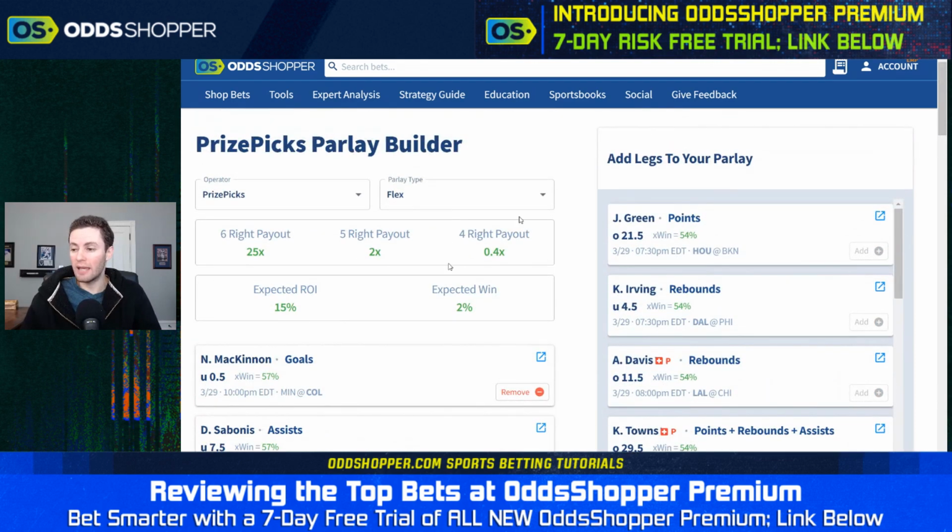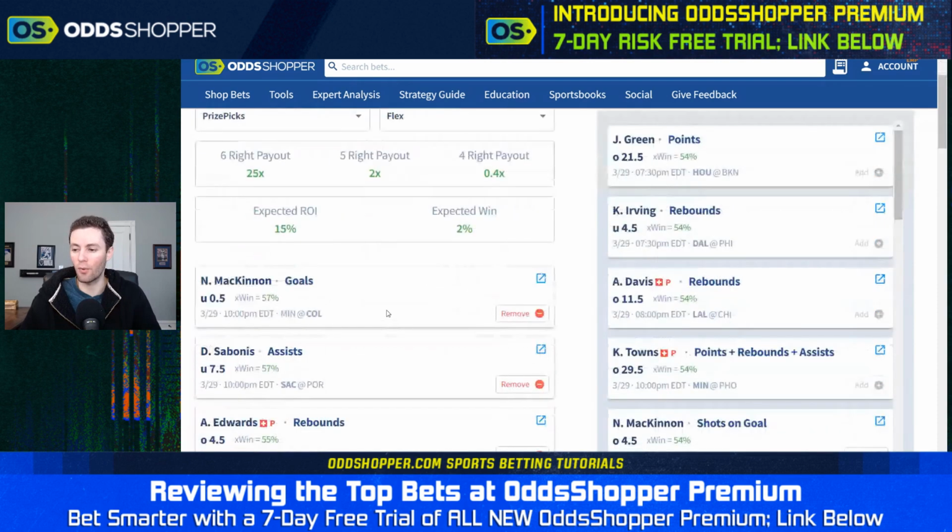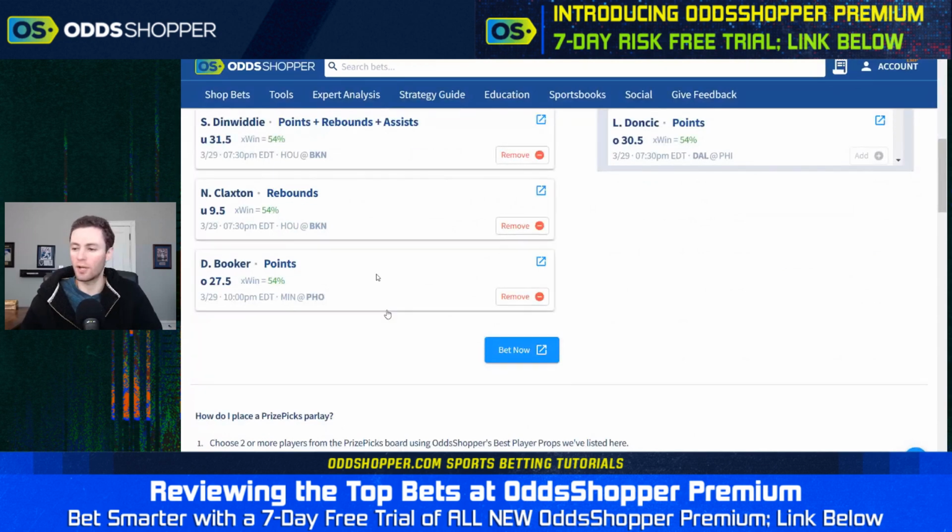So here we've got a 6-leg flex parlay and only a 2% expected win rate. That'll happen on 6-leg parlays, but still a 15% expected ROI. If you guys are tailing these, they're going to be really profitable in the long haul with something like a 15% expected ROI. Let's look at some of the numbers on Prize Picks that our model's liking, starting with Devin